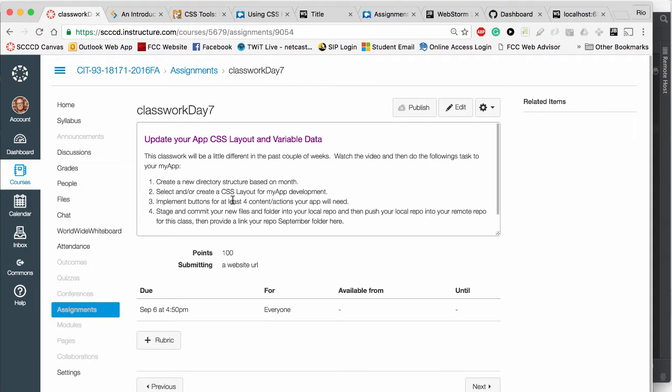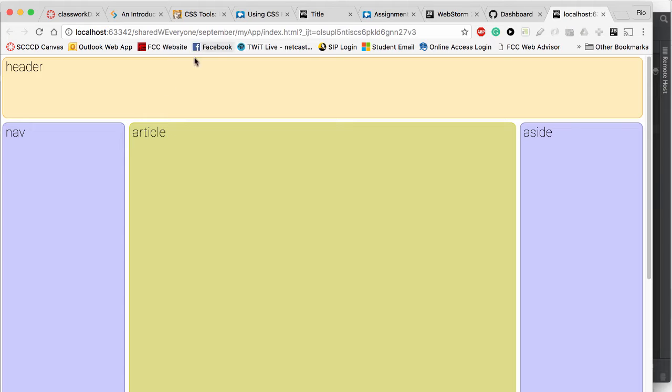Right, so in the second part of this, we'll implement at least 4 buttons for content action that your app will need. Then we'll stage and commit those and show you how to submit the same way we've done before. But I do want to say a word before we jump in about learning how to use the